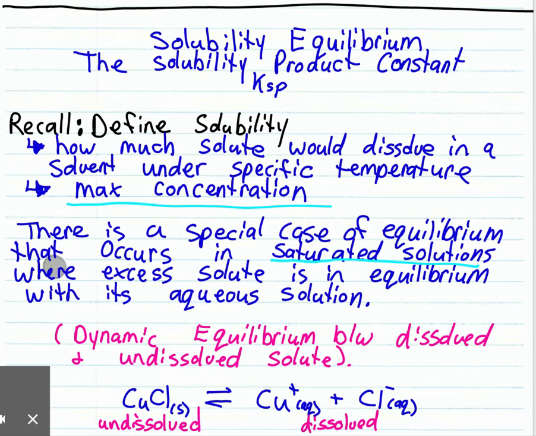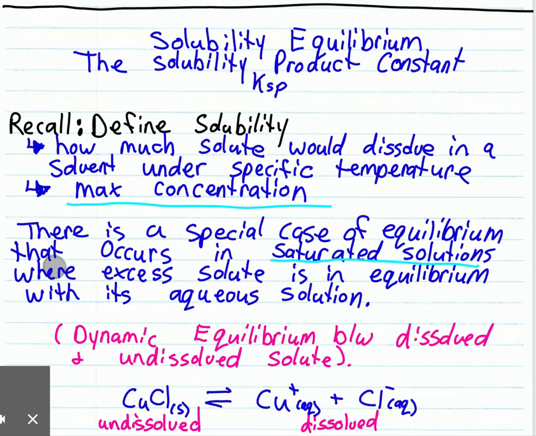All right, so solubility product constant, or KSP, is basically a K equilibrium for a specific equilibrium when it has to do with solubility. Now, before we move forward with working with KSP, let's just redefine what solubility is. Solubility, like we learned in previous chemistry, is how much solute will dissolve in a solvent under specific temperature and pressure and all that stuff. It's basically the maximum concentration, so how much of it will dissolve before you get excess